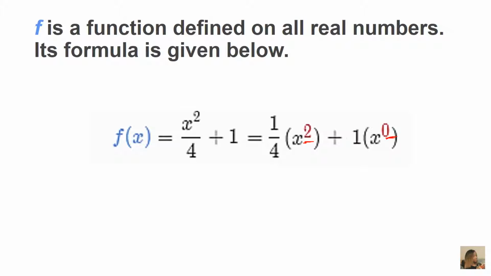And we know that any variable or number expressed to the 0 power is just going to be equivalent to 1. But the thing that we want to take note of is the exponent 2 and the exponent 0. These are both even powers, and the rule of thumb is that whenever you have even powers, you have an even function. But if you're not satisfied with using this rule alone, you could check and ascertain that f of negative x